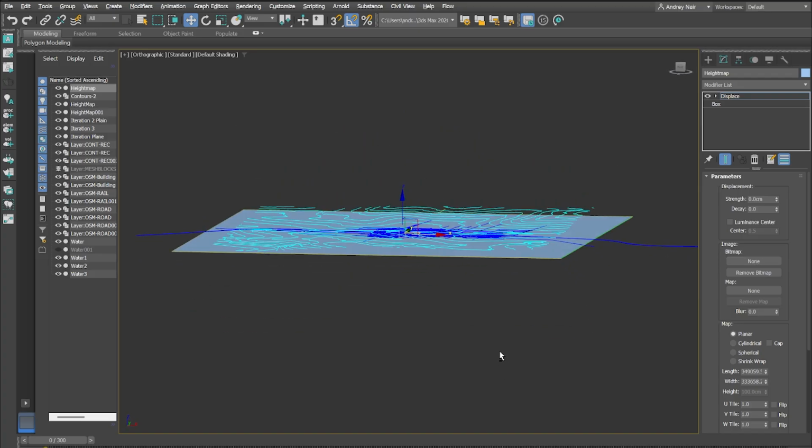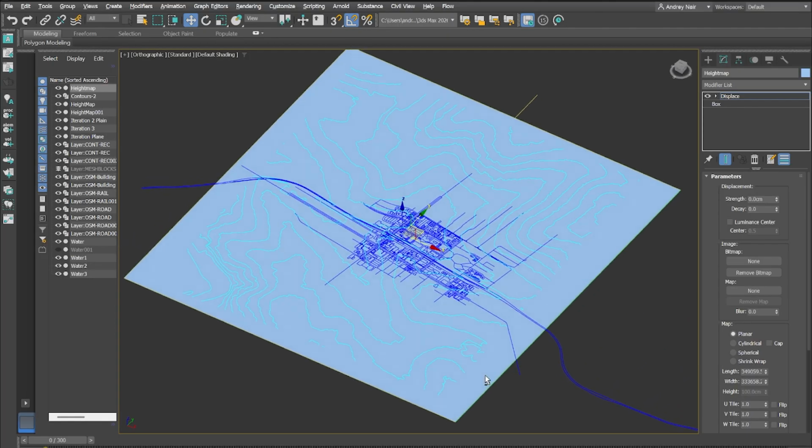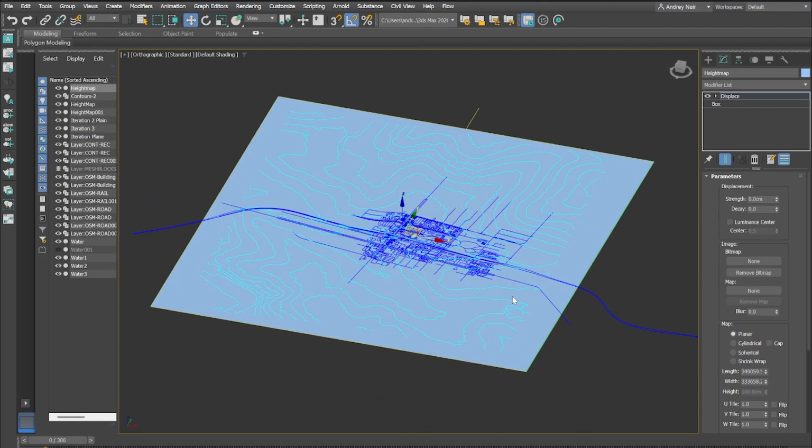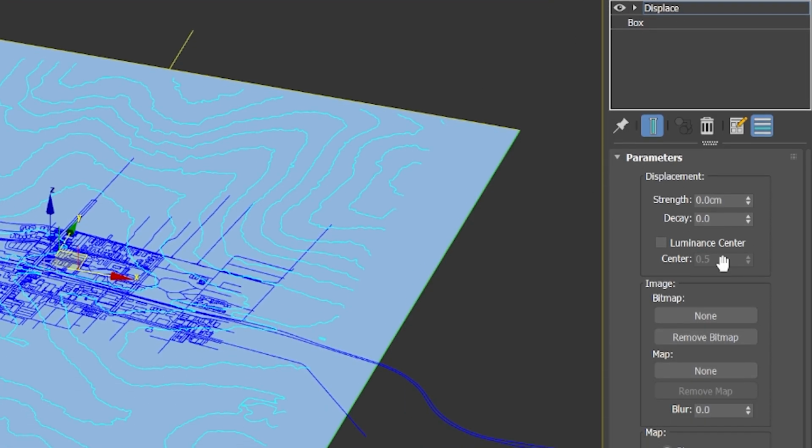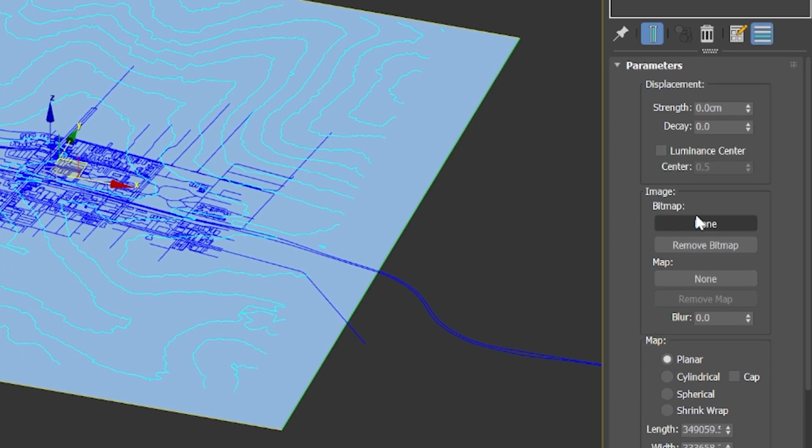All right, so the next step towards getting these contours is we have to import the DEM map that we just downloaded from the site. So under displace, parameters, image bitmap, you want to import the map here. So just click none and then